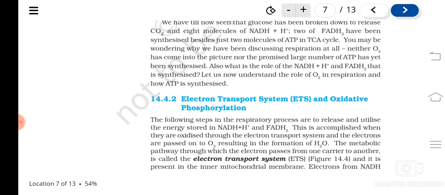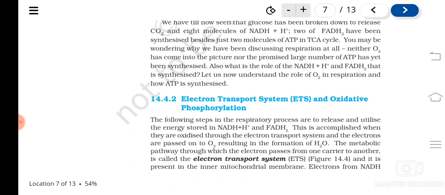Understood? So, what is the role, or the importance of this? These processes are very much necessary to release and utilize the energy stored in NADH2 and FADH2. So how is it possible? When they are oxidized through the electron transport system. They release electrons, isn't it? When electrons are removed, that is said to be what? The oxidation. And the removed electrons, finally they will be sent to oxygen molecule, and that results in the formation